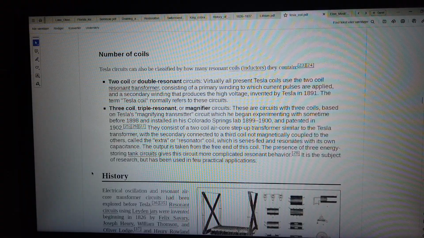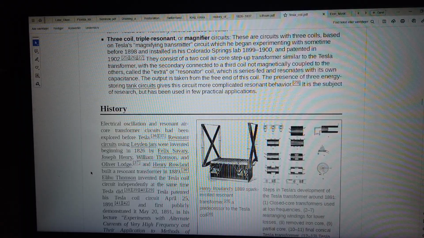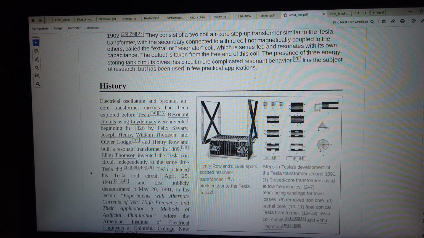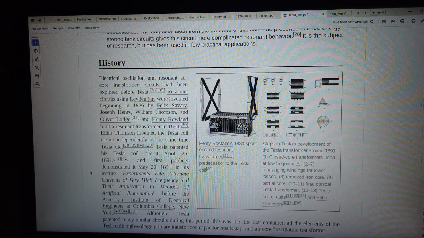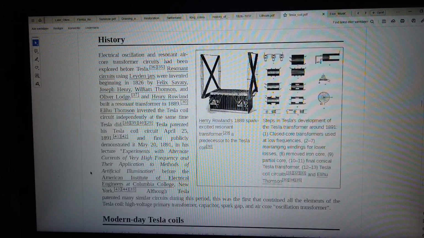The presence of 3 energy-storing tank circuits gives this circuit more complicated resonant behavior. It is the subject of research, but has been used in few practical applications. History. Henry Rowland's 1889